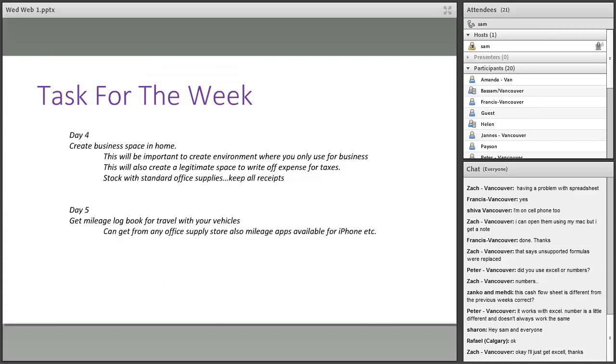Get a mileage logbook, or obviously we can get an app. There's lots out there. MileIQ is something that I use. There are other ones out there. There are tons of them. Some of them cost money to unlock the extra features. Totally up to you. Something to start tracking your kilometers would be an excellent thing to do starting now, because we're going to be using those kilometers for real estate investing. Obviously, the program that you're in is a write-off. The program, any food, mileage that we used to get to the class last weekend, that's all legitimately a write-off because it was related to our business. Okay.